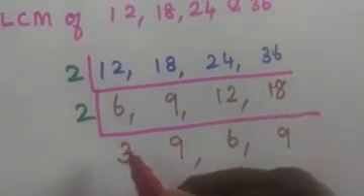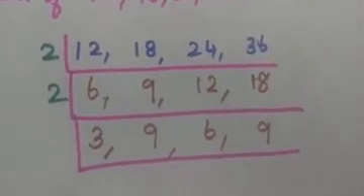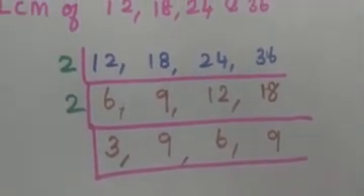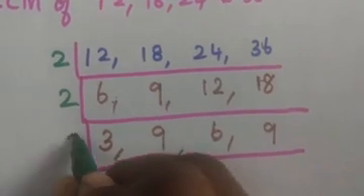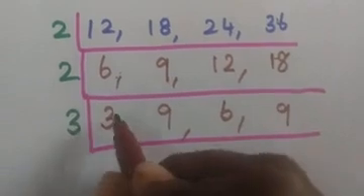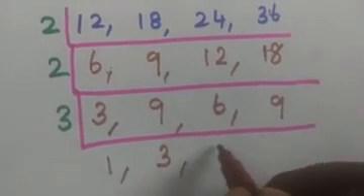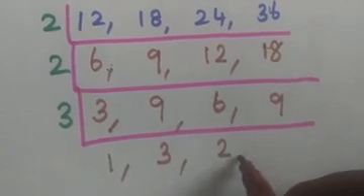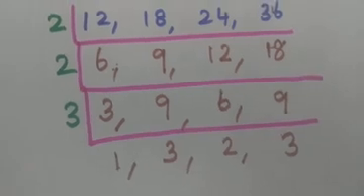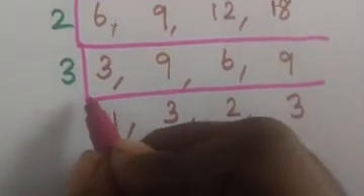Okay, now we are going to divide again. So which is a common one? The odd numbers. 3 is the common one, isn't it? So divide with 3 table. So what do you get? 3 1s are 3. 3 2s are 6. So 3 3s are 9.